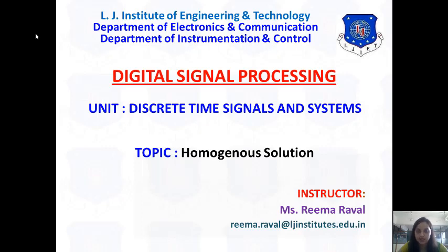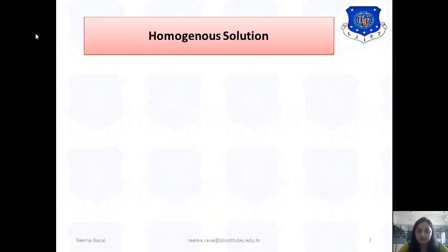In today's session, the topic is to find the homogeneous solution of the given equation from the unit discrete time signals and system. Okay, so let us start with that. The homogeneous solution is a solution which is provided for a discrete sequence using some fundamentals for the given instant values. So in today's session we are going to consider one example for which we are asked to find the homogeneous solution. This is the last topic of this unit number 2.